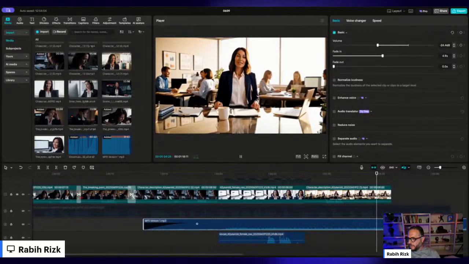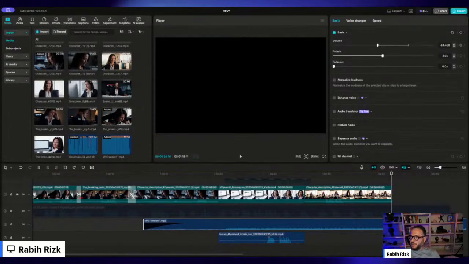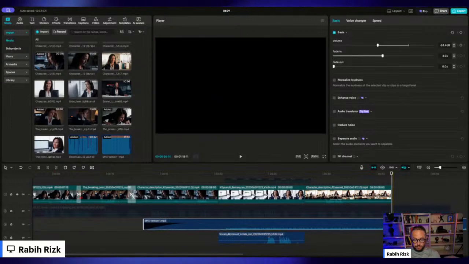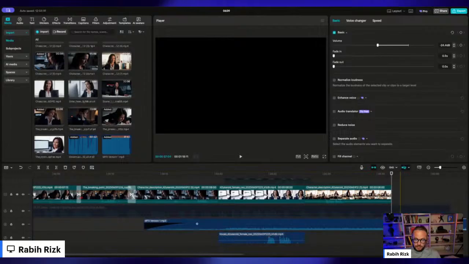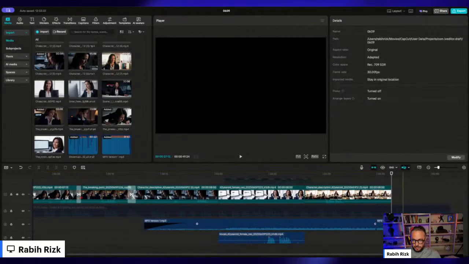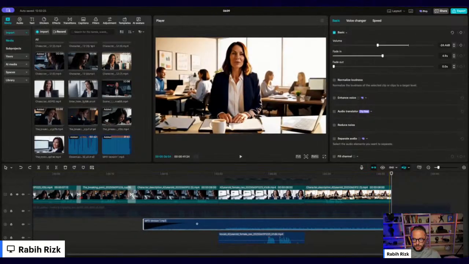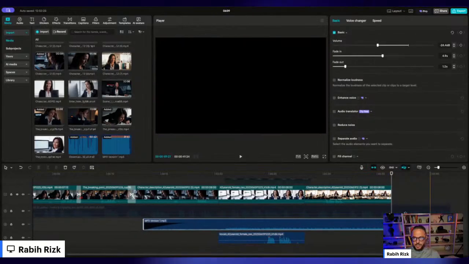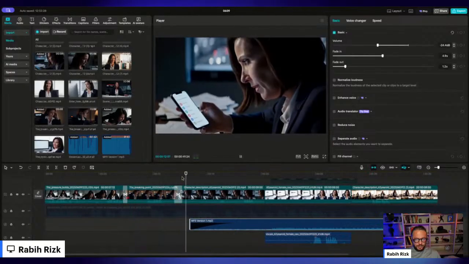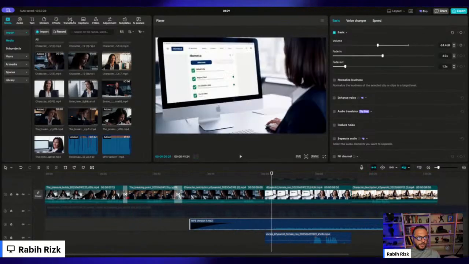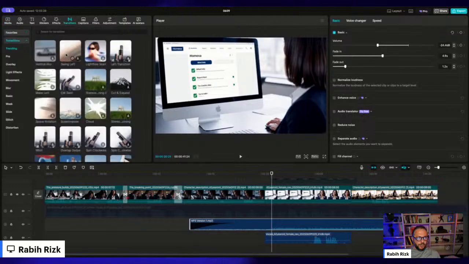Okay. Now, let's cut this. Let's move a little bit faster. I know I said in 1 hour, but I spent the first half an hour talking because I talk too much sometimes. And I'm just going to move a little bit faster so we could do this in 15, 20 minutes. And I'm going to add a transition right here. Another transition. So this way we're going to do